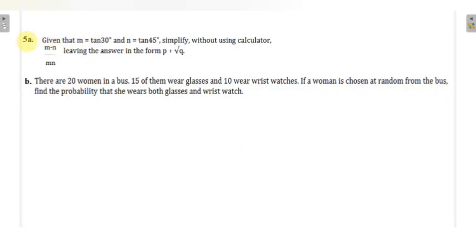Question 5, given that m equals tan 30 degrees and n equals tan 45 degrees, simplify without using a calculator (m minus n) over mn. Now, before I start this, I'm quickly going to show you a table of the special angles and the values